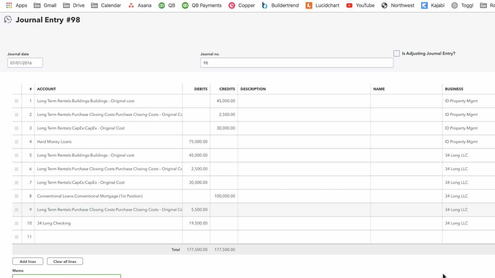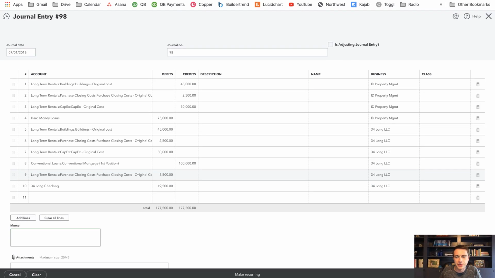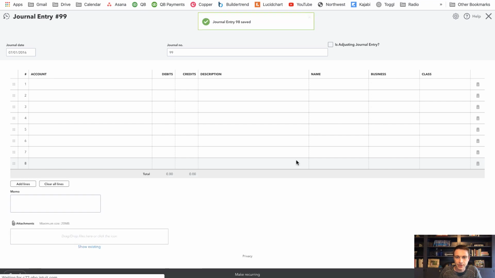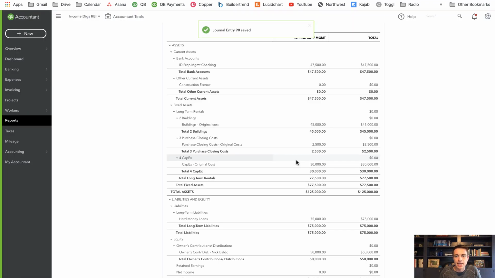So this is almost done. The balance sheet works out. My debits and credits equal each other. And in theory, this is kind of accurate. But we're going to have a little bit of an issue, which I'm going to show you. So I'm going to save and close this for now so we can see how this looks on the balance sheet. What I want to see is